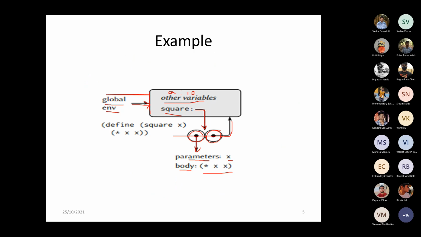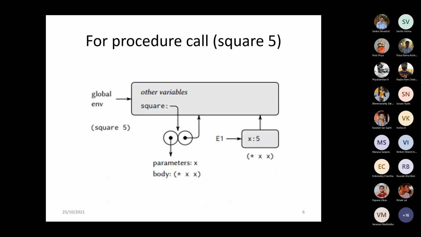We can't put it in the global variable. Why? Because for square of 5, we are passing the variable x, and this particular variable x has been allocated with some memory, and once it is done, that particular memory has to be removed, right? So when we have such a situation, we cannot allocate it along with the global variable. Then how do we do it? We create